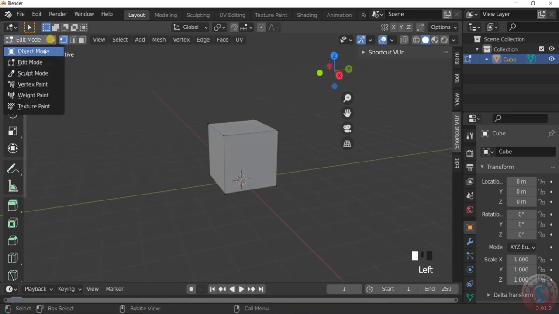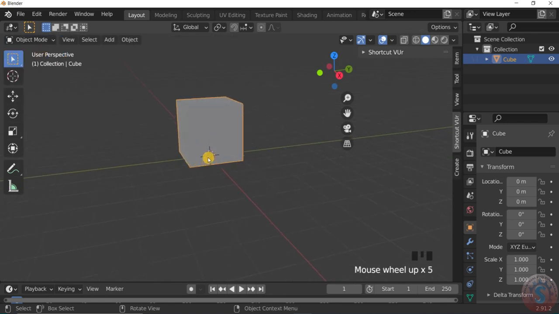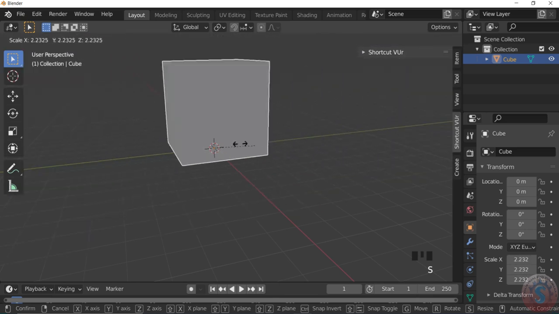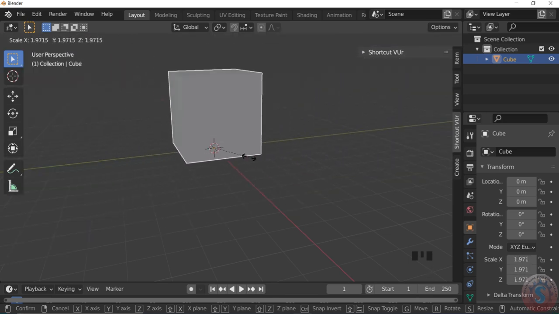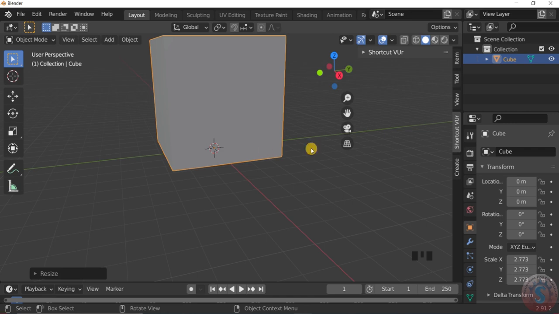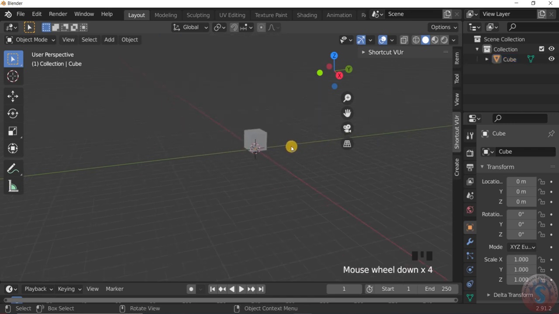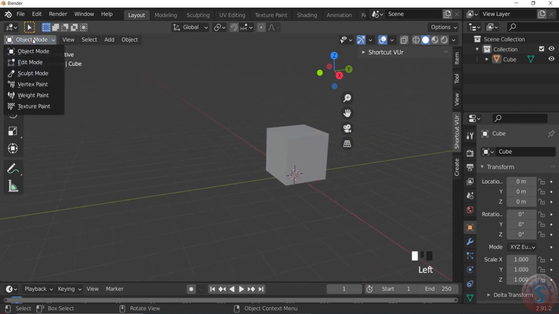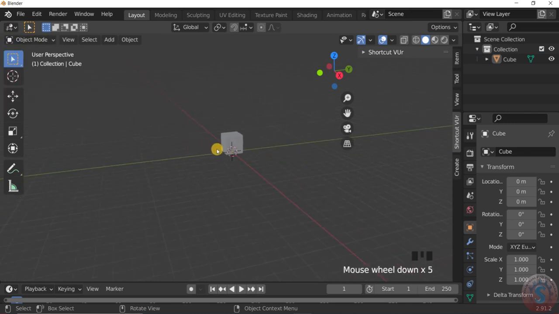And go into object mode again. You can observe the cube is there. You can also scale this. You can see the cursor is in the same position. If you are scaling, press the S key; S is the shortcut for scaling. You can scale like this using the scale key. These are some of the basic tools for object mode and edit mode.